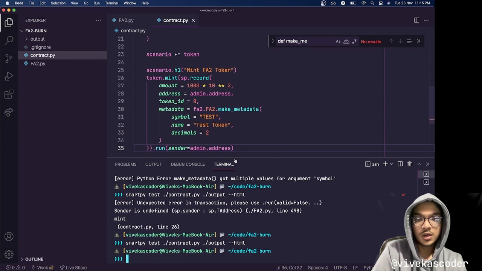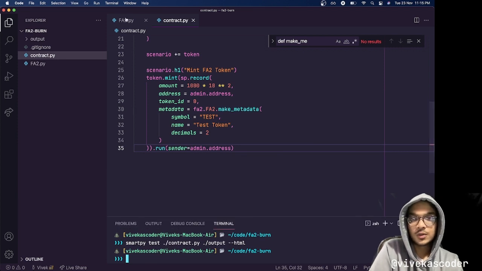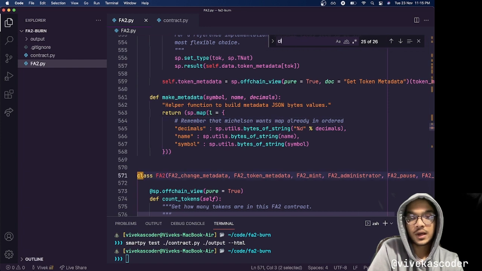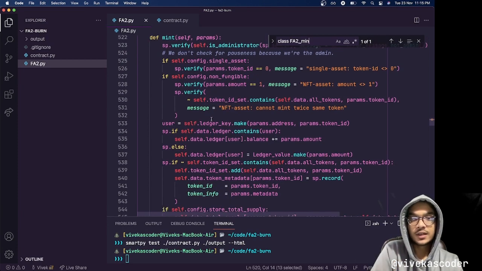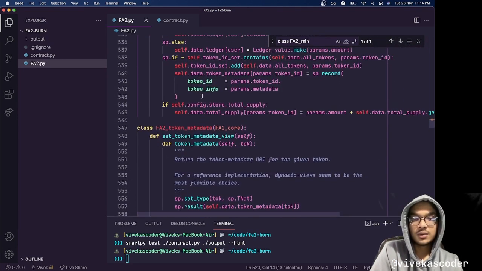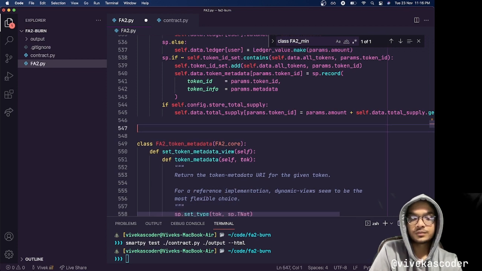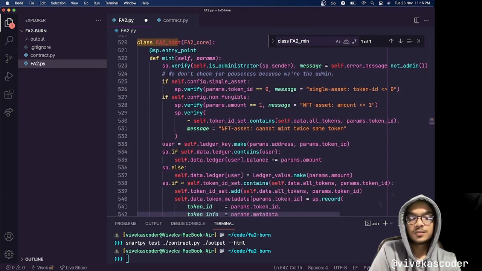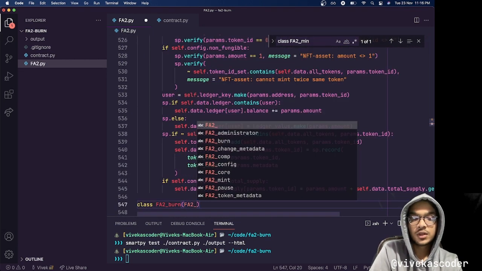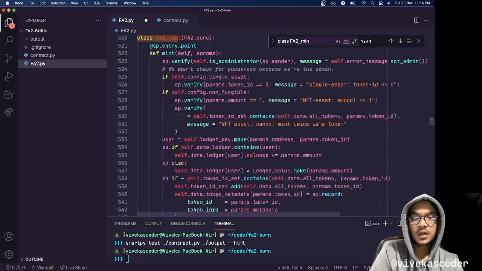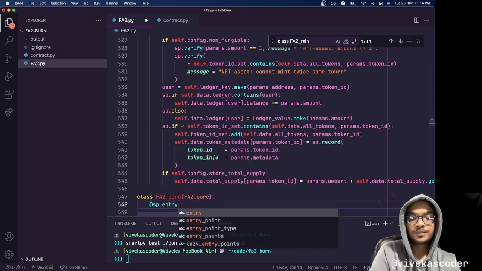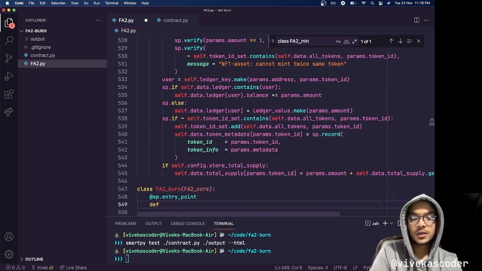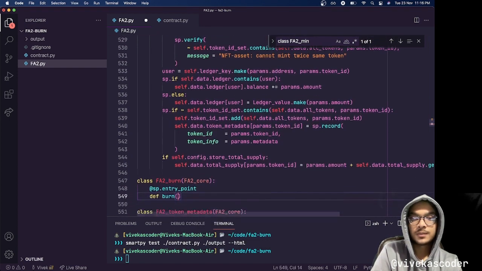So let's talk about adding the burn mechanism, because we can mint. So in order to go here, first of all, if you take a look at a class called Fa2 mint, here you can see the class that handles the mint functionality. In the same way, I will be making a class which handles the burn. So I'll do Fa2_burn, and you can see it is going to be really similar to the above. So we're also going to derive it with the core, and you can see it just has an entry point. So we'll have our entry point and we'll call it burn,